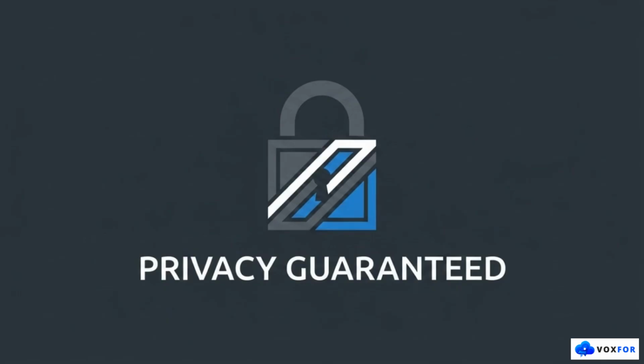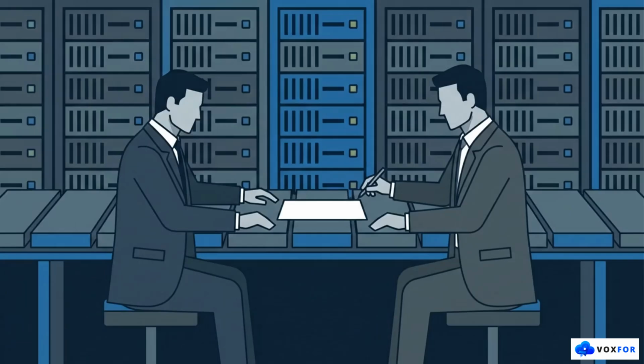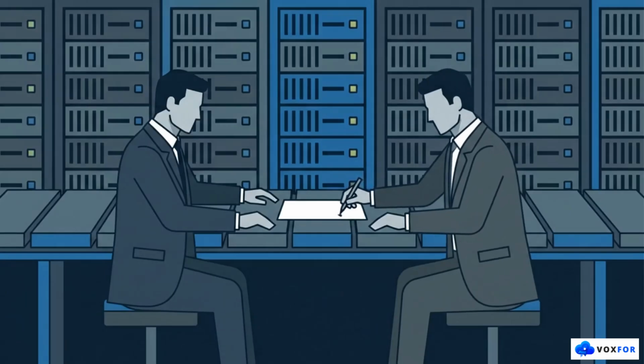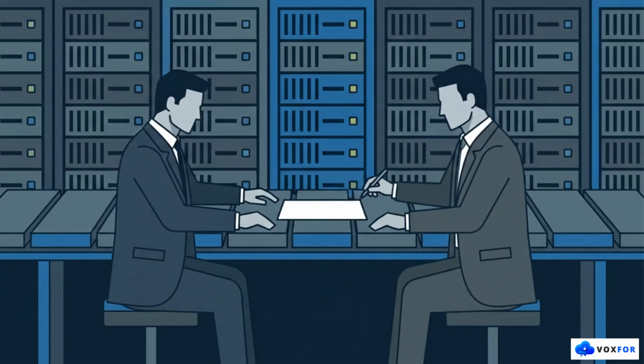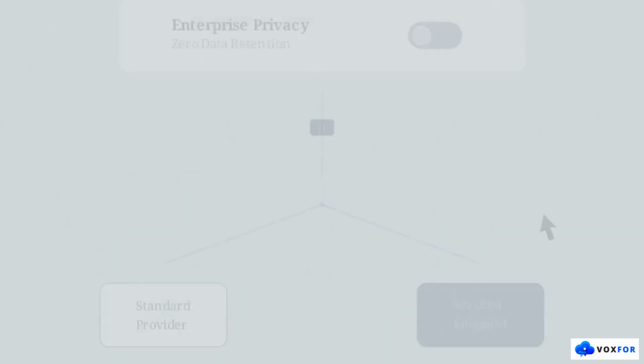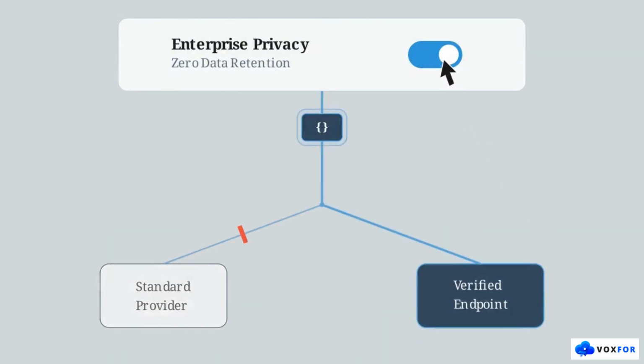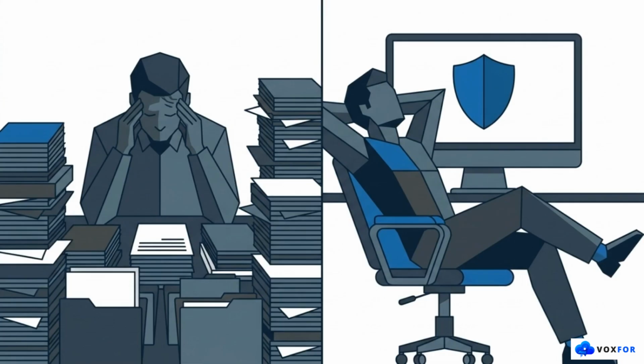OpenRouter addresses this risk with a strict policy called zero data retention. Behind the scenes, OpenRouter has already pre-negotiated enterprise-level data agreements with major providers on behalf of all its users. With a single click in your dashboard, you can enforce a rule that your prompts are strictly routed to these specific, verified endpoints. You receive the same data privacy guarantees as a large corporation without having to spend months negotiating